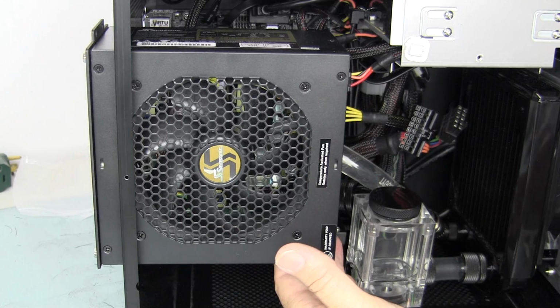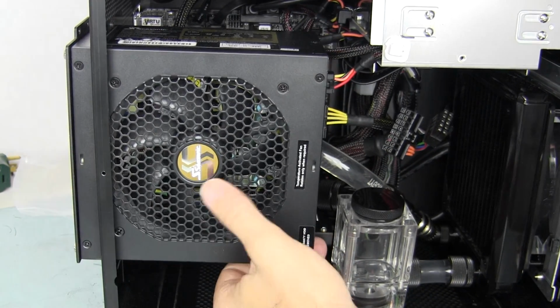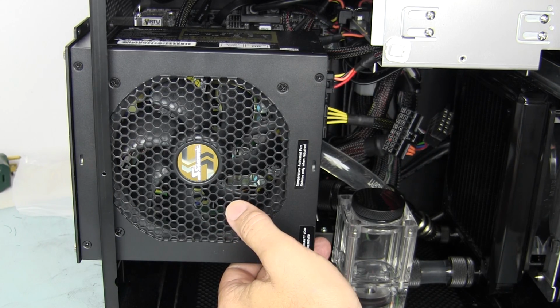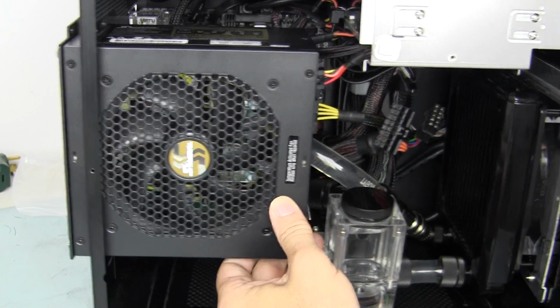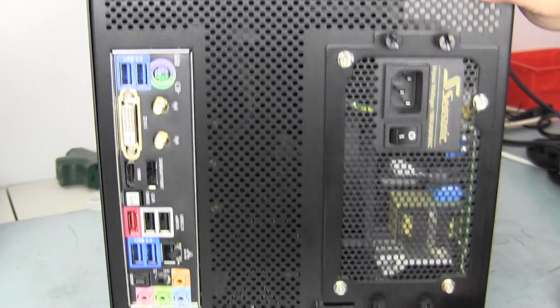And again, this is not overclocking. The heat in this system shouldn't go up, and this fan doesn't turn on until I think it's like at 30% of the power usage. So then that's the only time that fan would kick on. So all right, let me flop it around. All right, I have the power supply